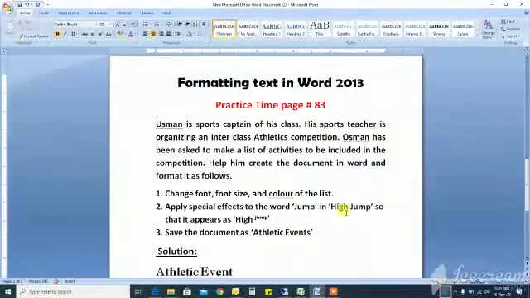Assalamu alaikum. Today we are going to discuss our topic, formatting text in Word 2013, that is chapter number 7. Over there we are going to do our practice time on page number 83, in which